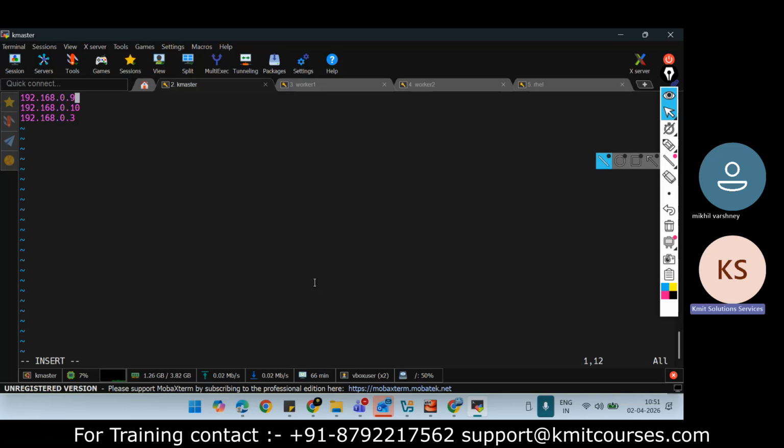Now I have given these three IP addresses. When I use Ansible and want to communicate with worker one, I will use this IP address. If these IP addresses are not in my host file, then you cannot communicate through Ansible. So this is a must entry.